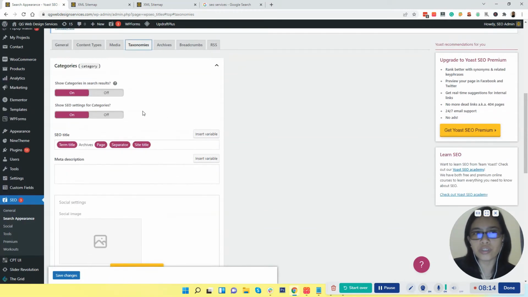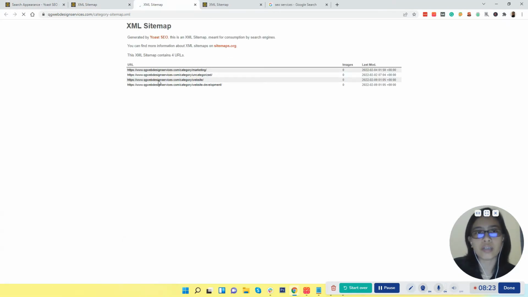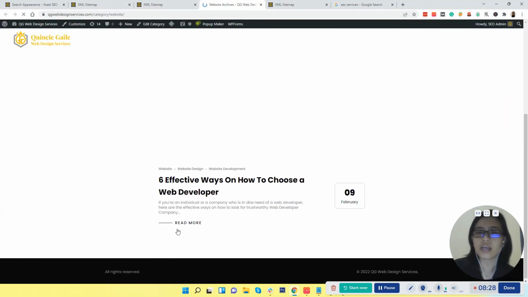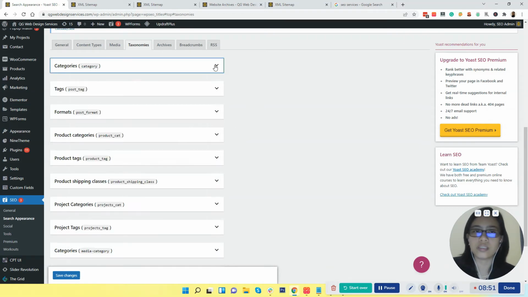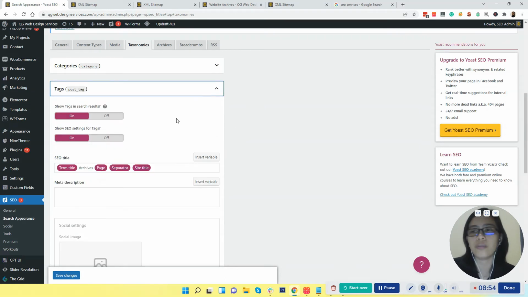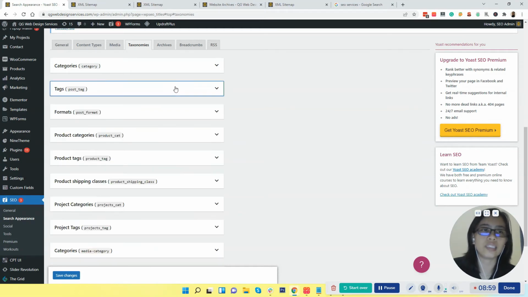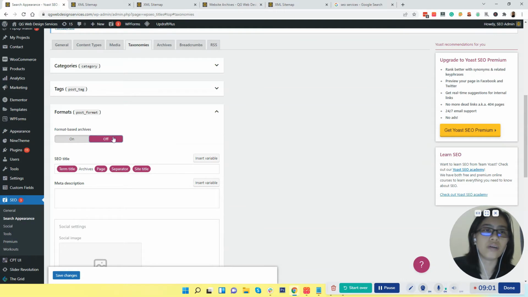Taxonomies, if you're just using the default taxonomy, for example, we have these ones. And if it's just linking to an archive page, I'd rather turn it off. You want to make sure that people click less to go to the page you want them to go. So you want to rank keywords or pages that you actually want people landing on. So tags, yes, we want to turn those off.